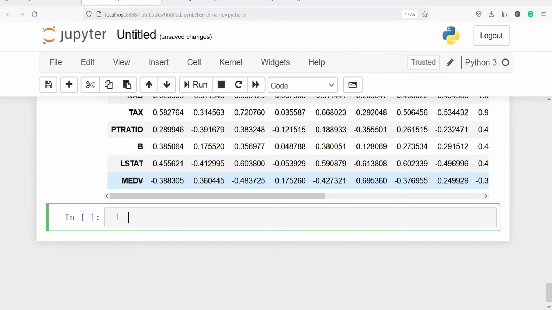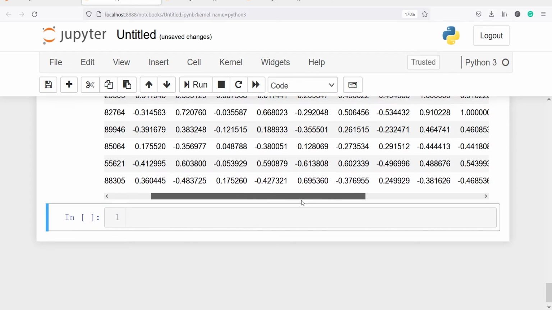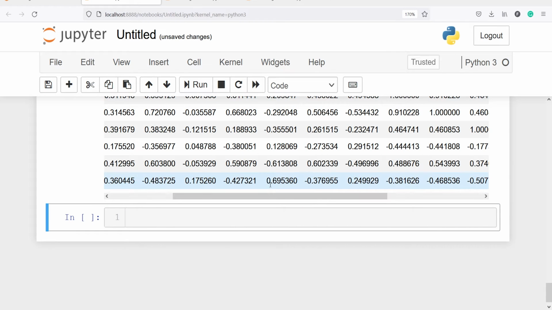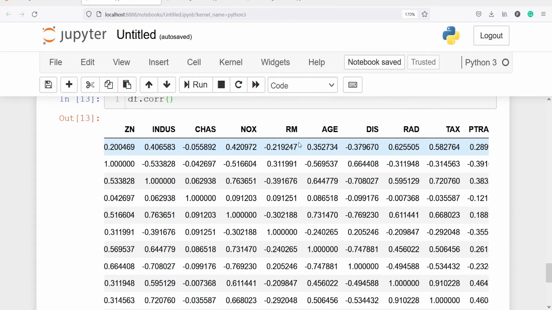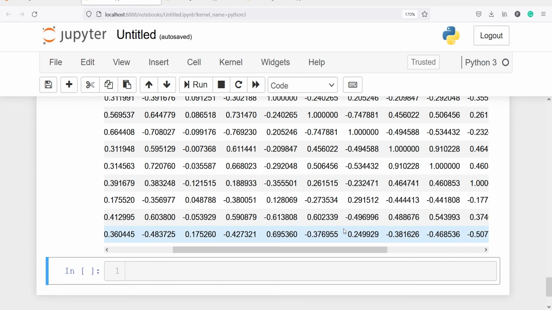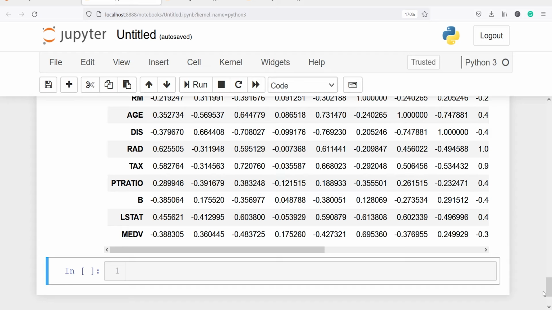Then for the next variable it is 36%, for the next minus 48%, and so on. Here you will see we have 69% correlation with the variable RM, which is the highest one. So RM is our most important feature in our model. Then we have correlations such as minus 37%, minus 24%, minus 38%, and so on.